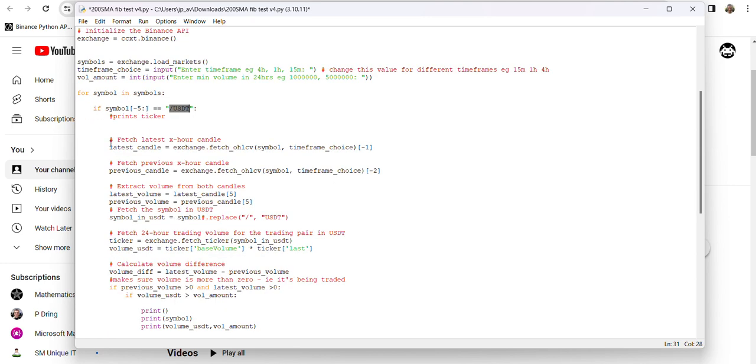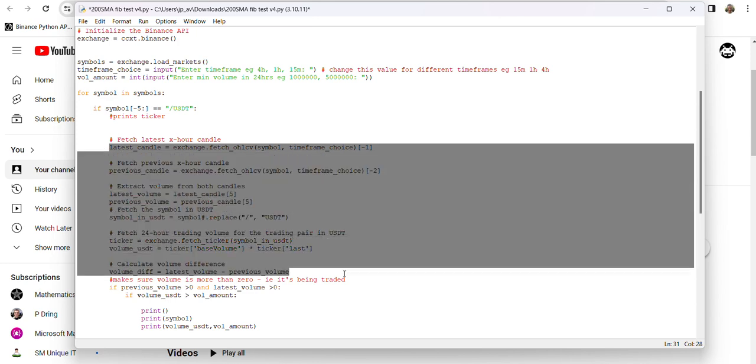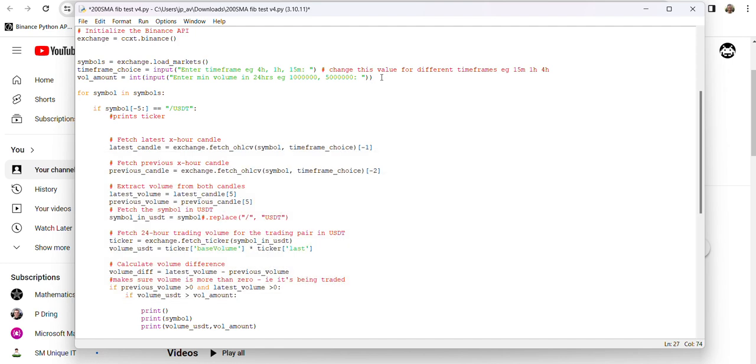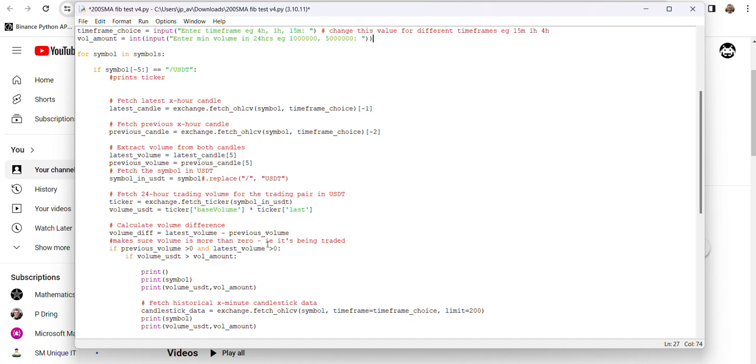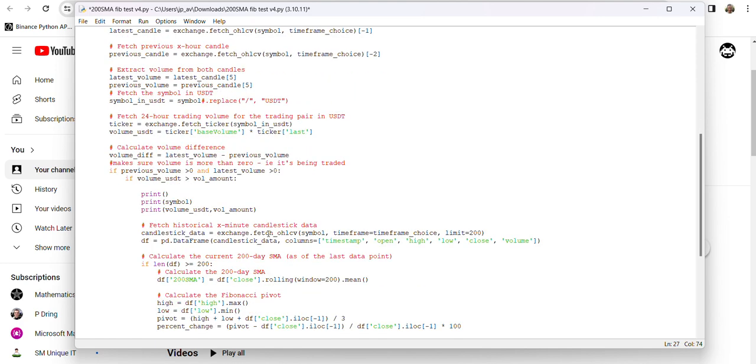We've got some code here that gets the volume for us, because up here we wanted only coins with a certain amount of volume, say 50 million traded within 24 hours. In other words, it eliminates lower volume coins, coins that might be too volatile or not have enough liquidity for you.